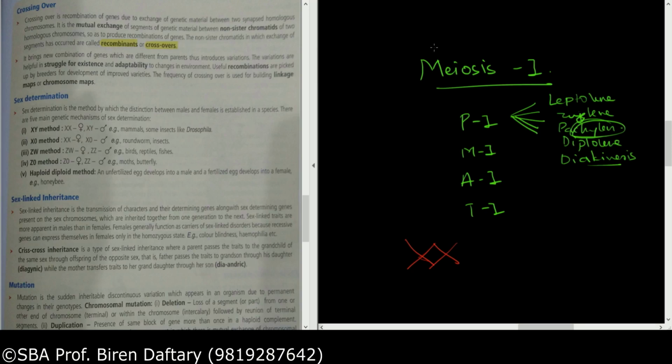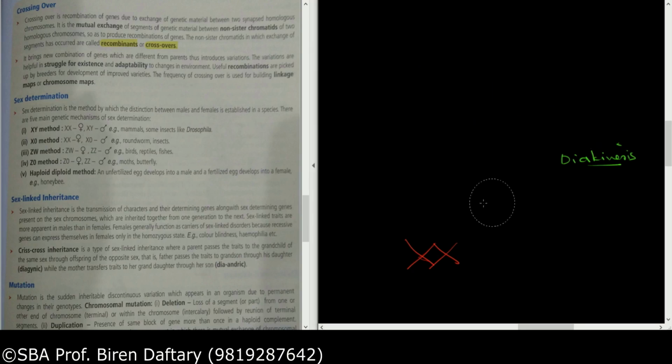The next part given in your book is about sex determination. There are a few mistakes in the book over here which I would like to point out. First of all, let us revise the types of determination which we have studied. The first type, found in mammals and humans, was the XX-XY type of sex determination, in which the female is homogametic and the male is heterogametic. Correct? So please remember, we always denote the female first and then the male.